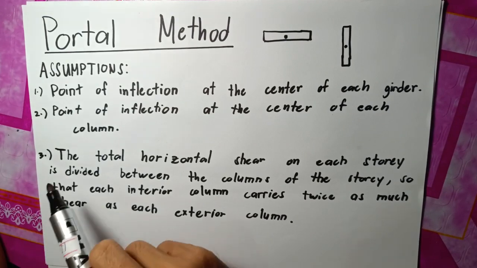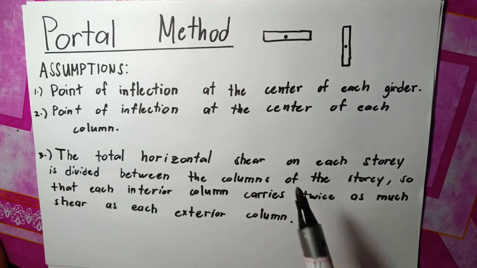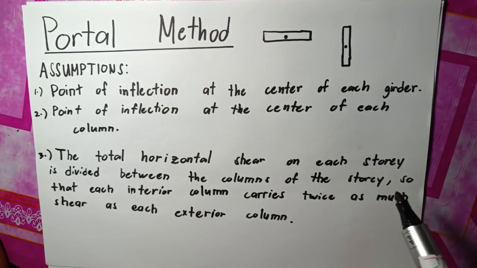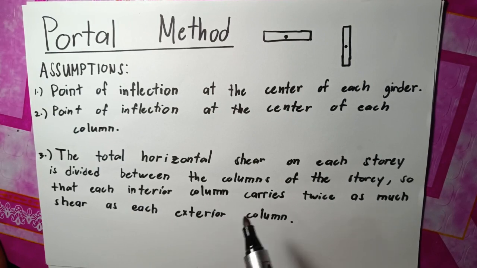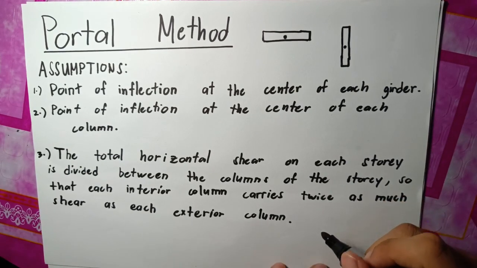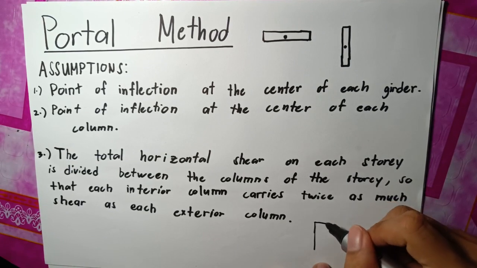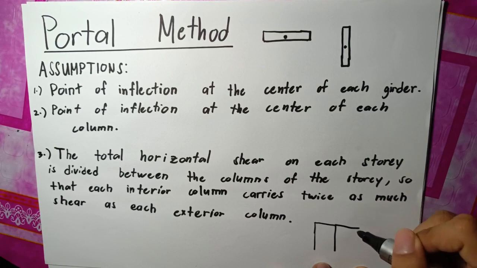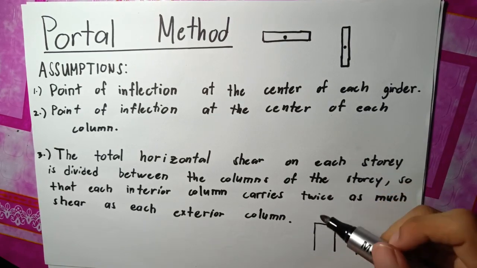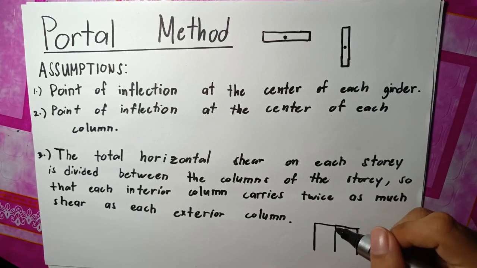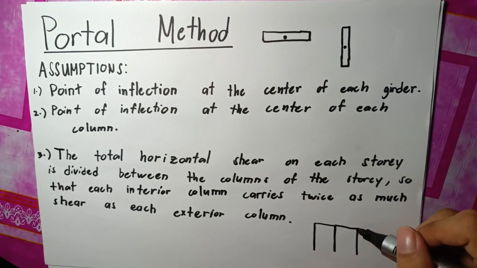Number 3, the total horizontal shear on each story is divided between the columns of the story, so that each interior column carries twice as much shear as each exterior column. So meaning, if we have a one-story building, so this is the exterior column and interior column and exterior column,